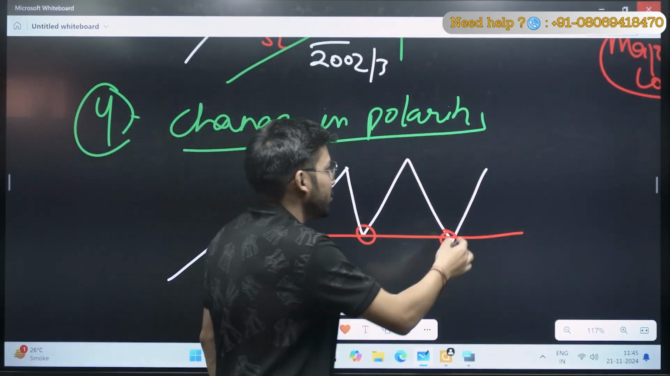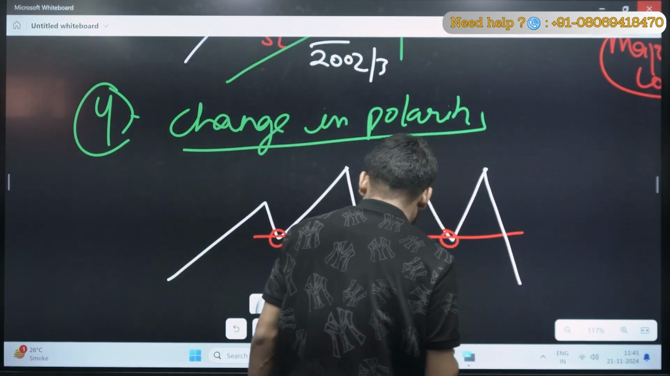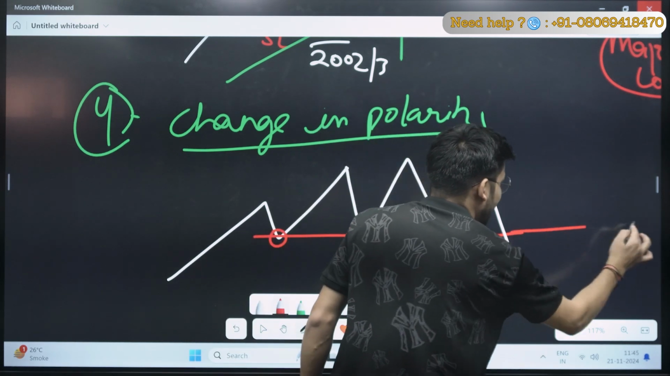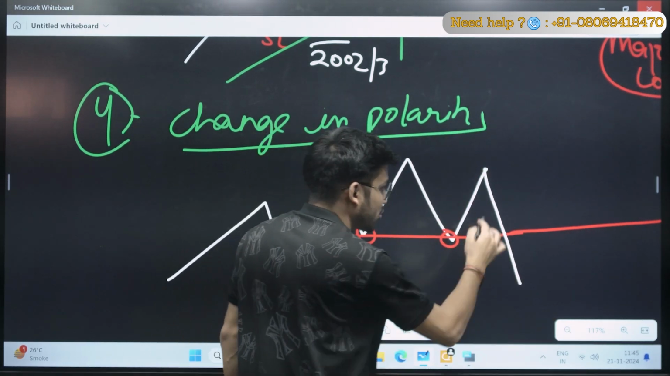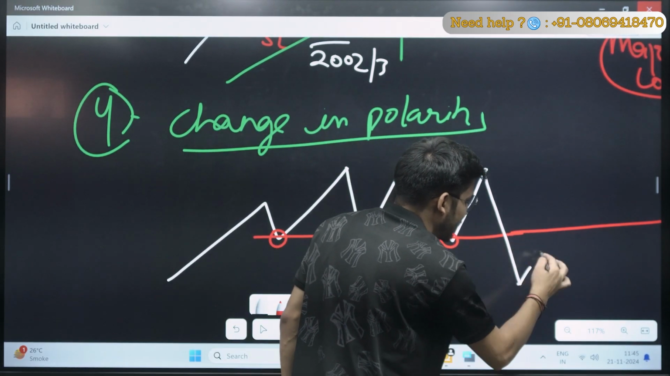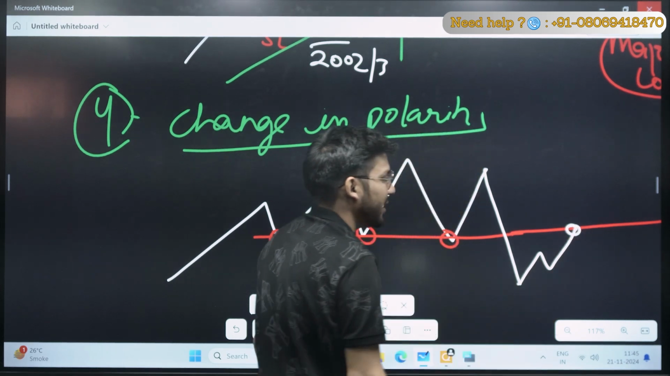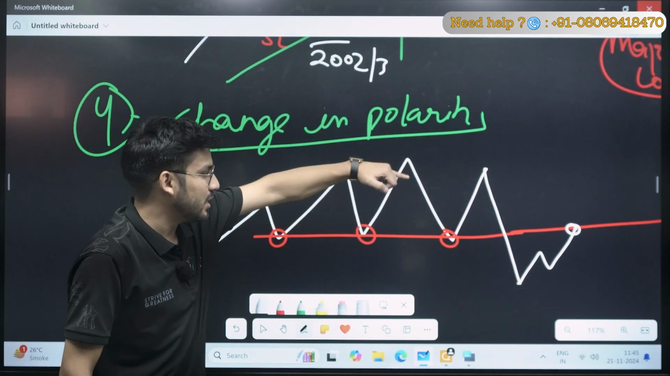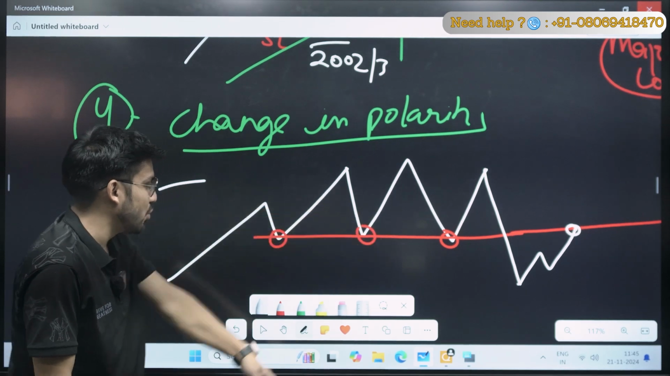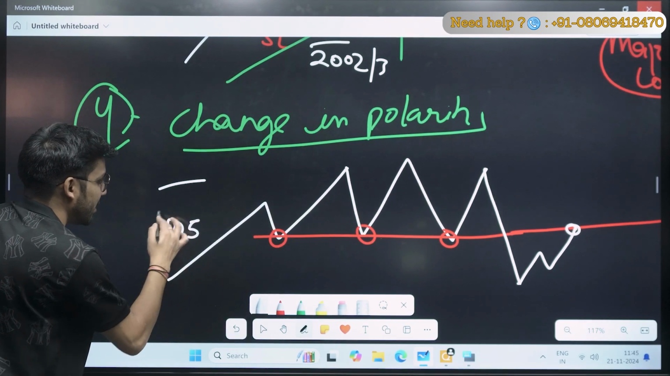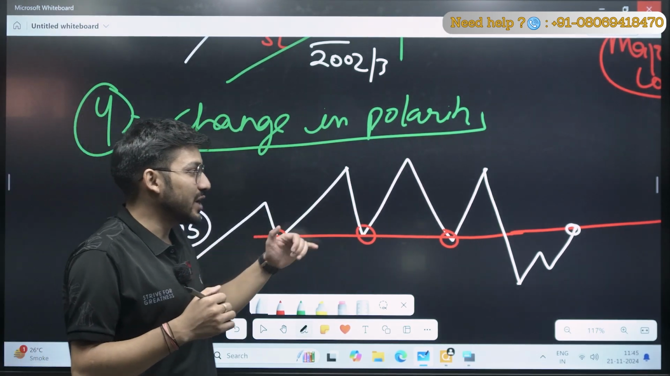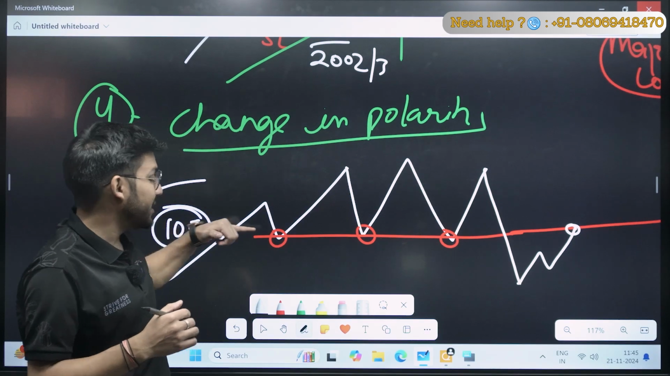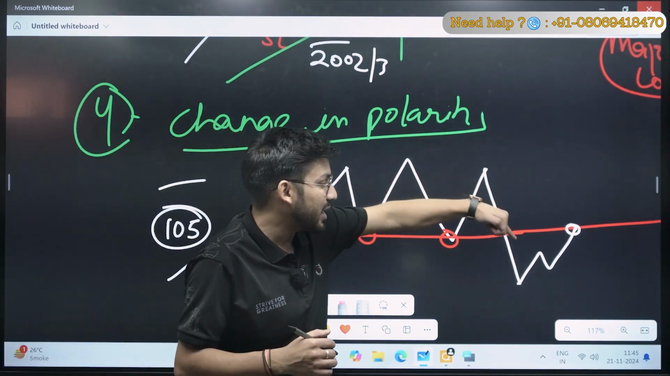Now after some time your market broke that support, and now it is moving in the upward direction, and then in the downward direction. When it came to this level, what will happen here? Usually when the market was taking it as support, suppose this is 105. Usually when we are taking 105 as our support level, and the market broke it down